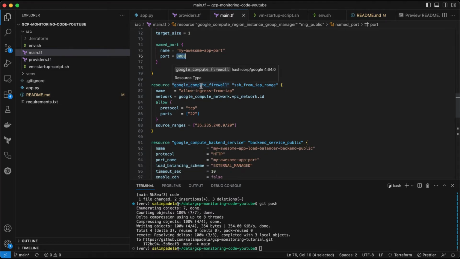Then we create a firewall rule. This firewall rule will allow SSH only from Identity-Aware Proxy, which is the in-browser SSH session. So we will not be using our own computer to SSH into the system, but we will be using in-browser SSH. The last thing you want to do is have your system compromised because you opened up port 22 to the world and everything got haywire. We do not want to do that, so we are restricting it so that only from the in-browser SSH session can we